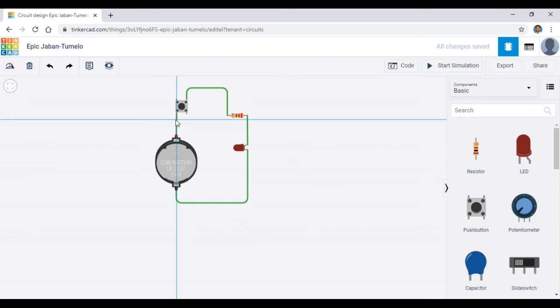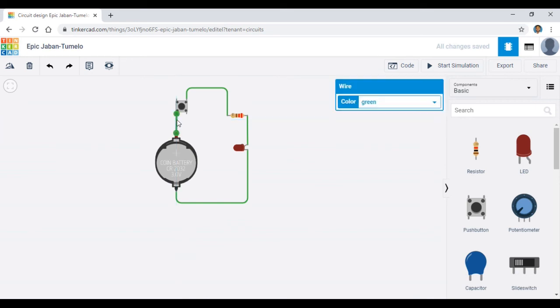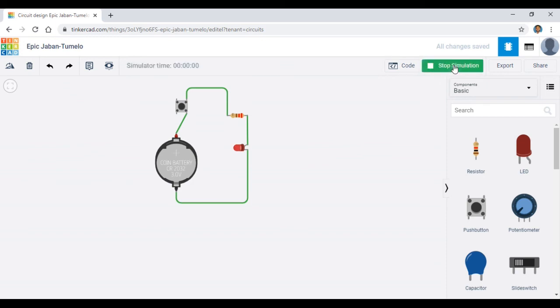I just want to rearrange the connection. I want to use terminals 2A and 2B, and I am going to start the simulation now. Here again the LED is glowing directly.